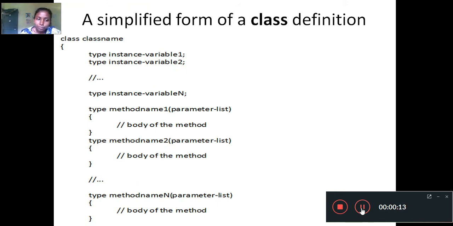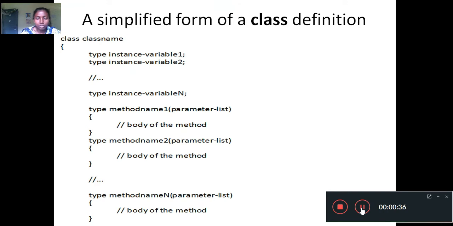So all objects of this class contain their own copy of these variables. The data members inside one object are different from those of another object. A class also contains methods. There are different types of methods inside a class.